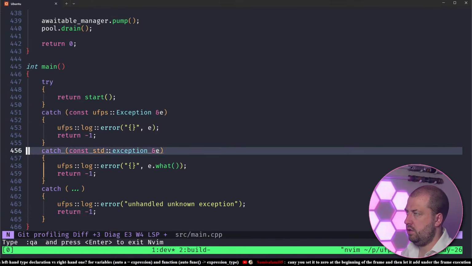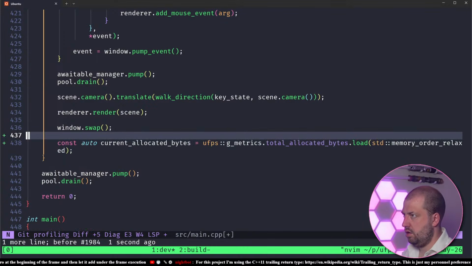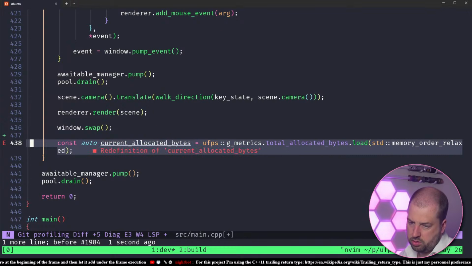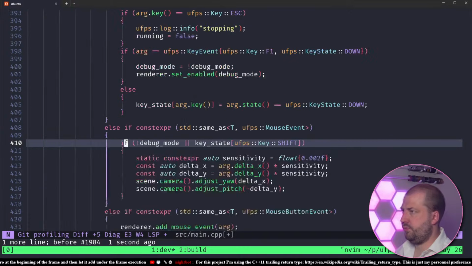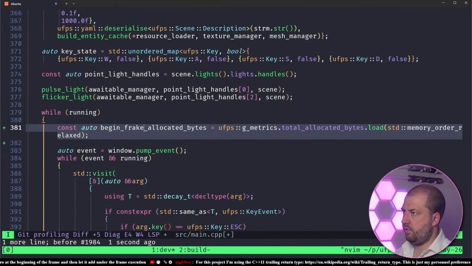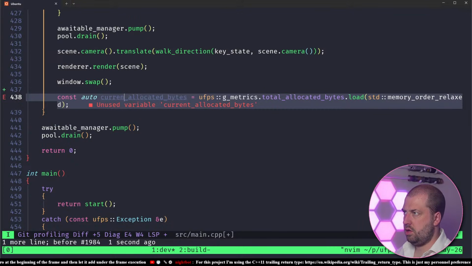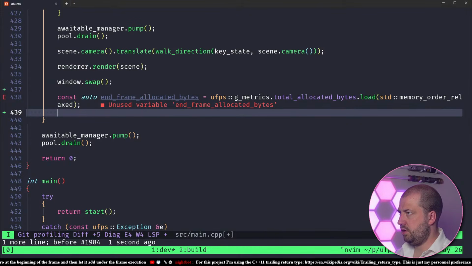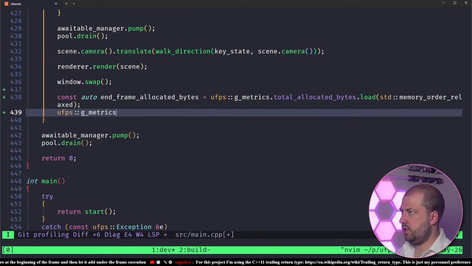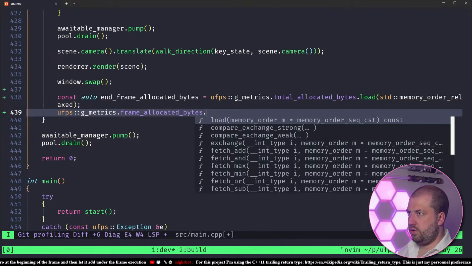And then here we'll do const auto, actually, begin frame allocated bytes, end frame allocated bytes, and then we can do G metrics dot frame allocated bytes dot